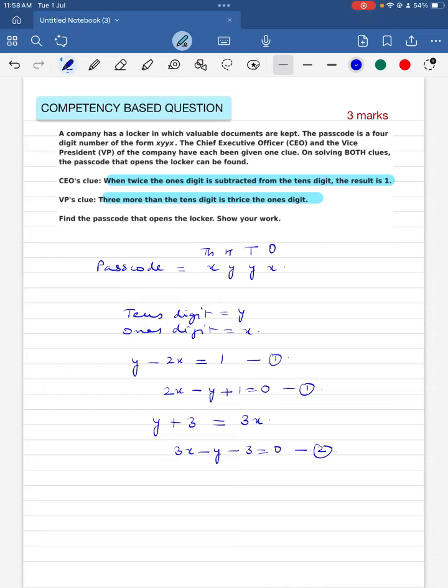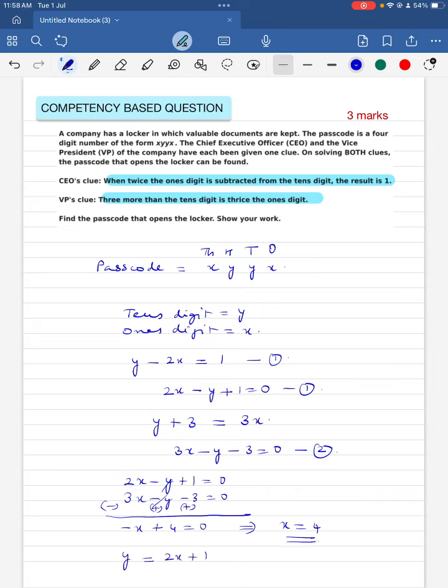Now since the coefficients of y are the same already, I'm just using the same equation and using the elimination method. So that gives me 3x minus y minus 3 equal to 0 and I'm subtracting both equations. When I subtract, all the signs would change. So that's minus x plus 4 equal to 0, which gives us the value of x is equal to 4. Now the value of y becomes 2x plus 1, which is 2 times 4 plus 1, which is 8 plus 1 or 9. So the passcode is